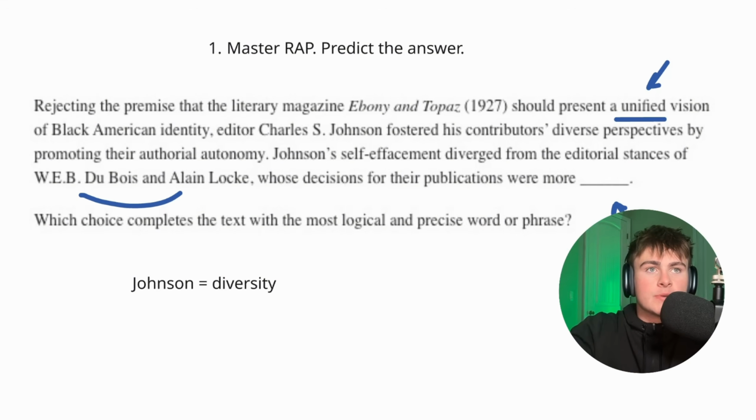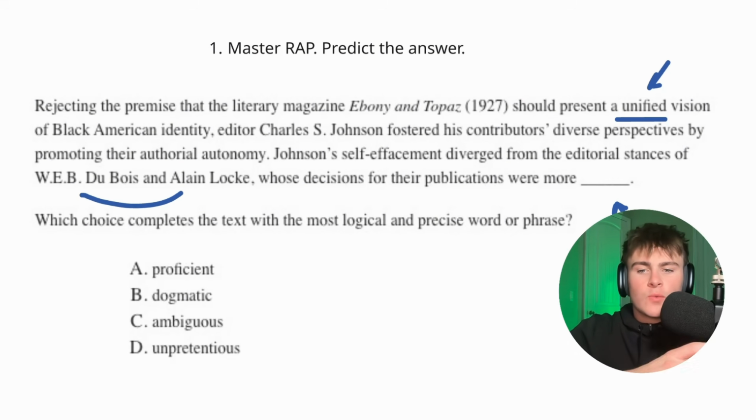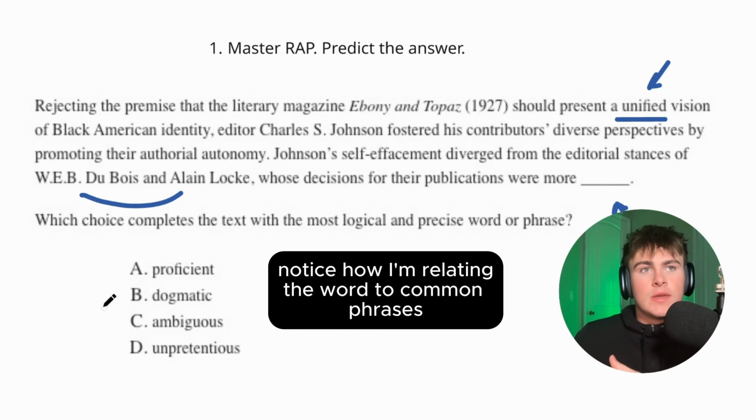Now we're going to get the options. Okay, we've got a few difficult words here. Let's start off with the easiest ones. It says proficient. So most of you probably know what this word means. Proficient means you're good at something. But how could I figure out the meaning of this word if I didn't know what it meant? So proficiency exams, that's a pretty common thing. It measures your proficiency at something. It measures how good you are at something. So if you're proficient, you're going to be good at something.